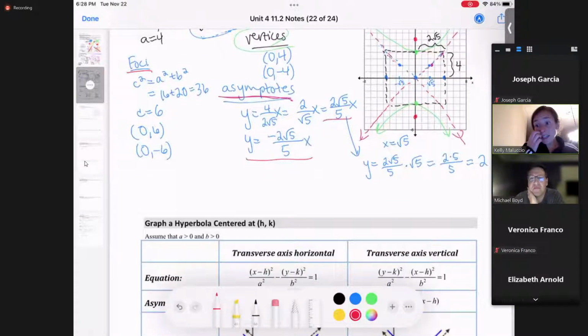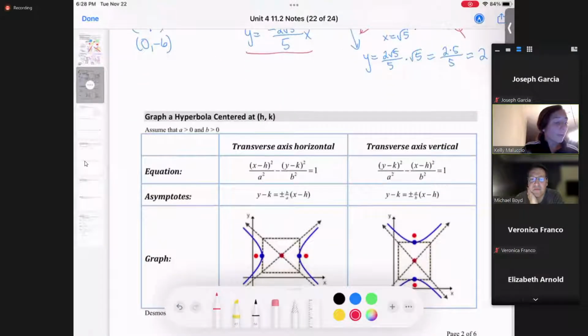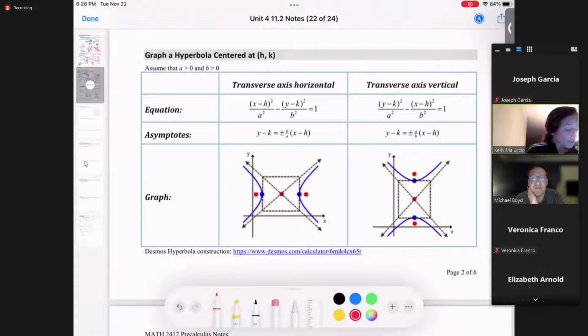So now this was centered at (0, 0). Now we want to look at what it looks like centered at (h, k). Well, it's exactly the same thing. In this case, it says that although a and b could be anything, big or small, they are assuming here that they are positive, probably because it can get a little crazy, or because they put plus and minus, and if it was negative, it would be minus plus, like they would just flip-flop. But anyway,